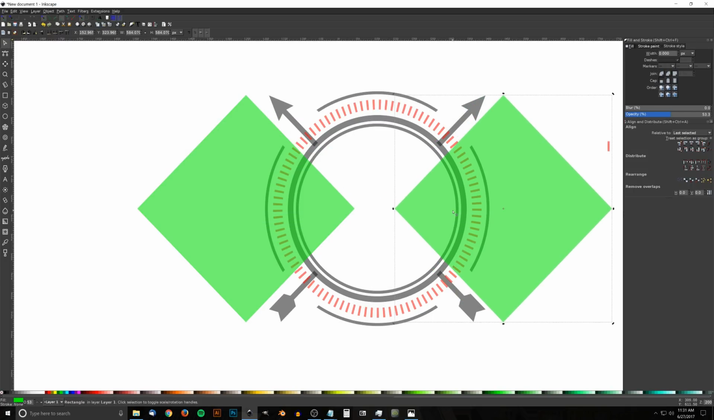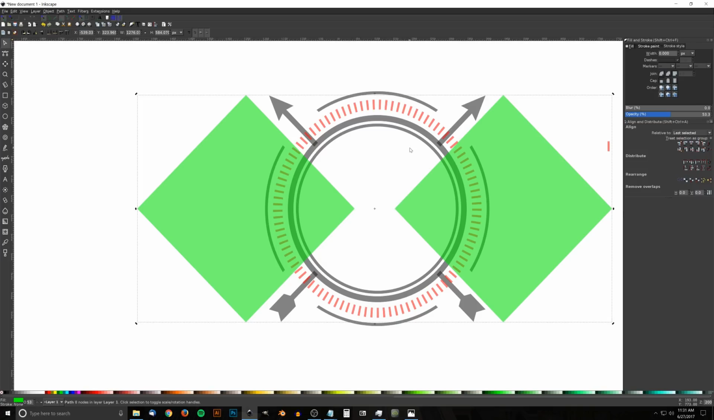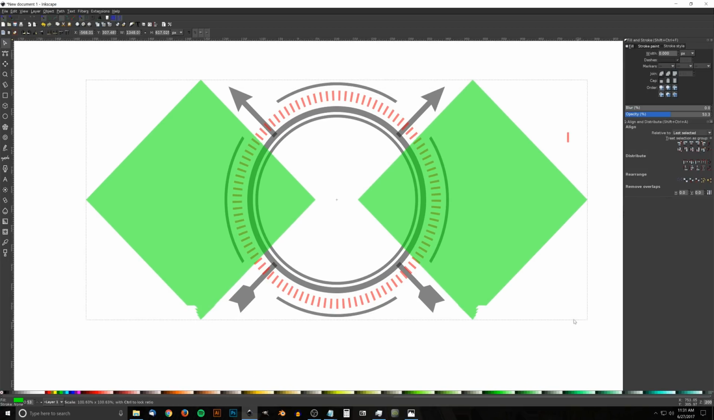Like that, and then hold Shift and click on the other square, unify them both together by going to Path, Union, and then hold Shift and click on the red dashes and just make sure it's centered up on the vertical axis. Click off it to deselect, and then we could take the green squares right here, and I'm just going to adjust the size a little bit,